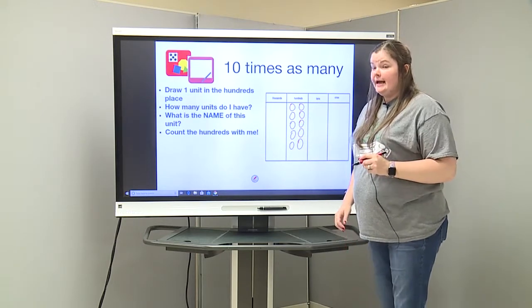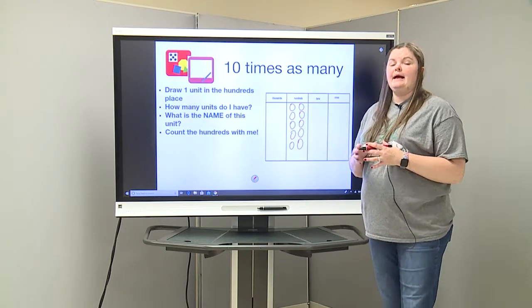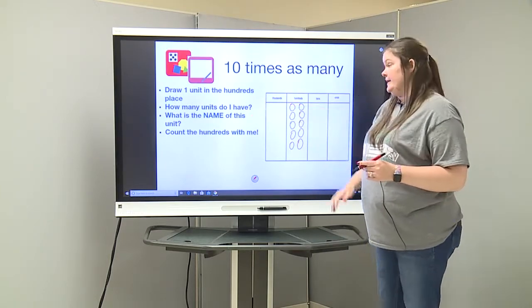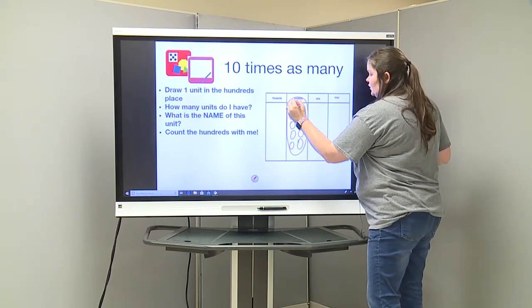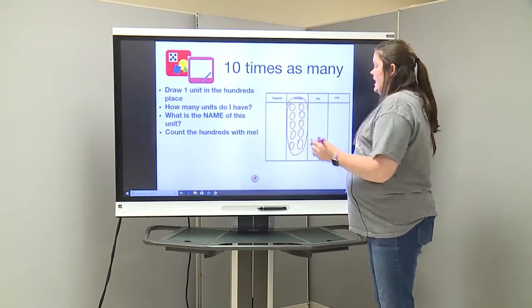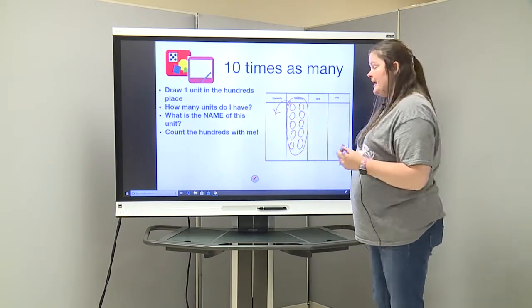And again, we're done, and I see that I have a group of 10, and anytime I have a group of 10, I can bundle it and move it over to the next place value. So to show the bundle, I just make a circle around a group of 10. In this case, it was all of them. And then I just trade them or move it over, and it becomes